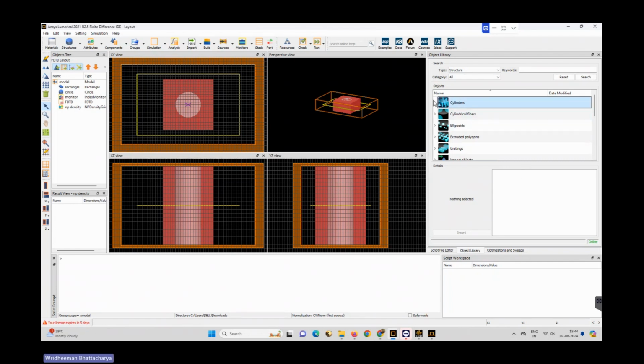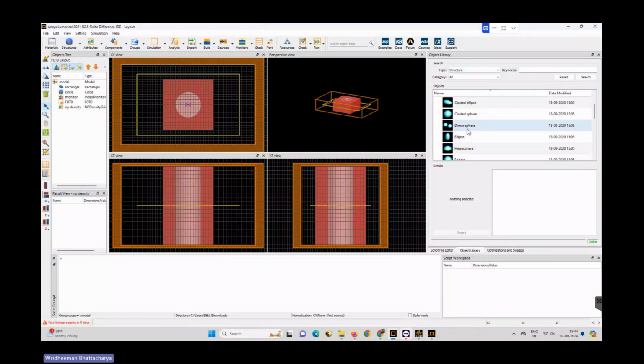So if you want cylinders, there are different types of cylinders already present here, right? Cylindrical fibers, if you want black fiber, this core cladding fiber, these are already there. You just have to change the code according to your own need. The ellipsoids are there. Sorry. Dimer spheres are there, coated spheres, ellipses, the extruded polygons, suppose the round corner shape, which are essential in